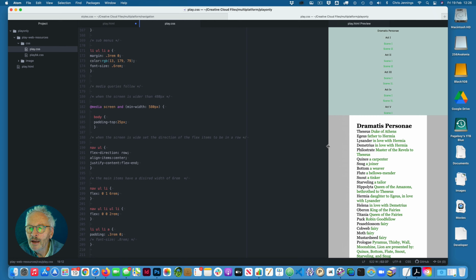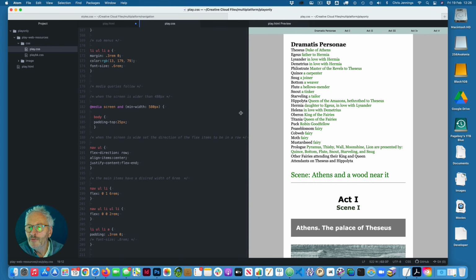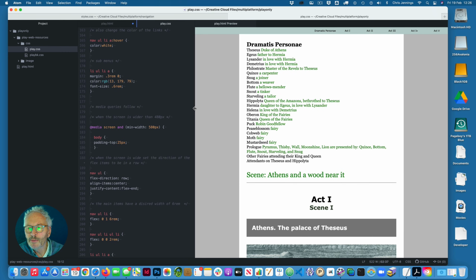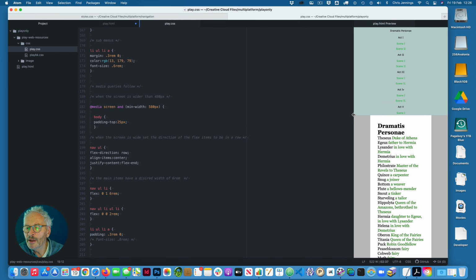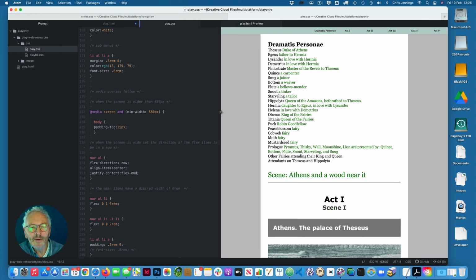Now, obviously, it just depends on what you want to do. If you want to hide this altogether and actually only have it available when you click a link, that's a different thing. But I'm not going to. In my case, I'm keeping this quite simple. We've got two different options here. When it's a larger screen, we see this, and when it's like this, we see this. Okay, now the next problem